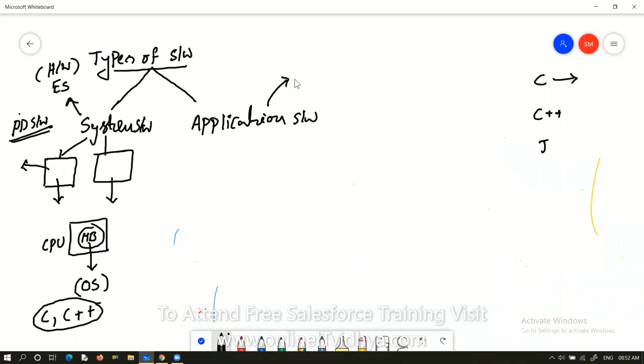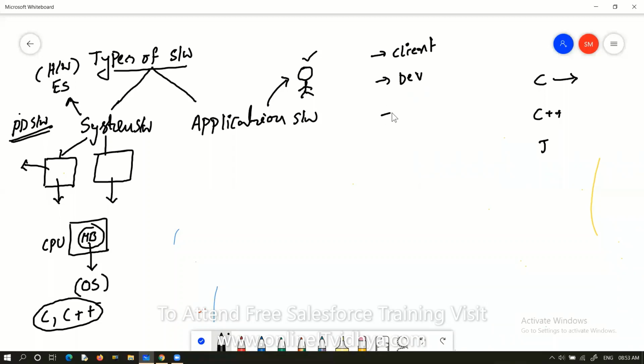Next, application software. If any software is developed for users, end users, those are called application software. That means these software can be used directly by the users. Generally in the software company, software industry, three terminologies we mostly find. One is client. Next one is developer.